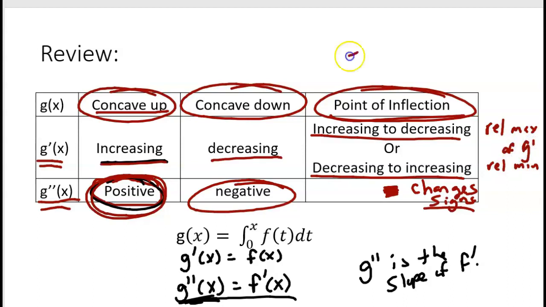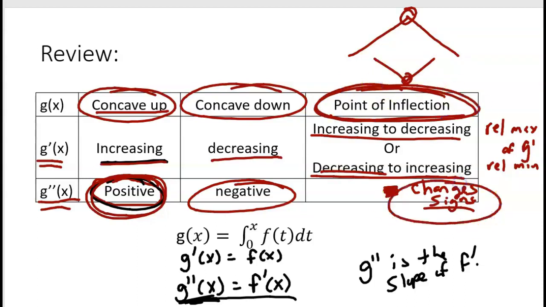If g prime is going from increasing to decreasing, that would give you a relative max. If g prime is going from decreasing to increasing, that would give you a relative min. So if g has a point of inflection, that means the second derivative is changing signs, which means that the slope of g is changing from either increasing to decreasing or decreasing to increasing, which means that it will potentially be either a relative max or a min on the graph. Okay, so